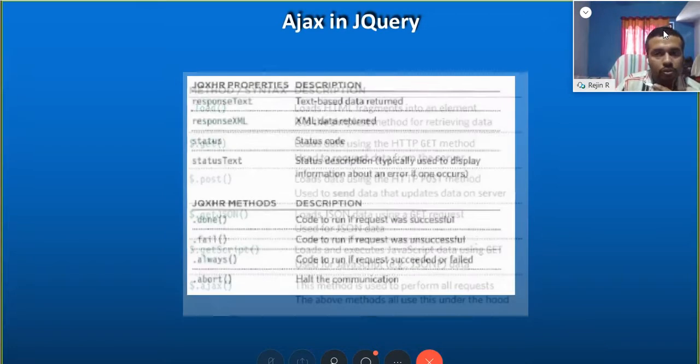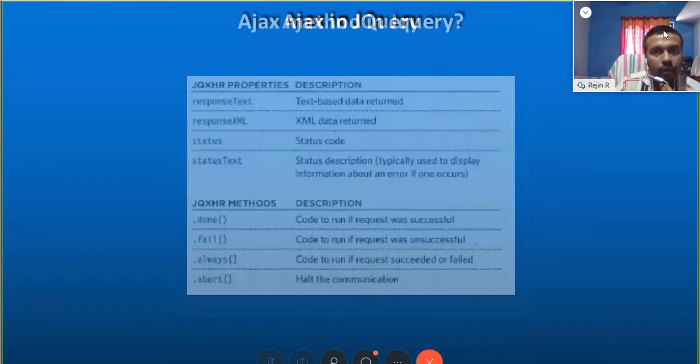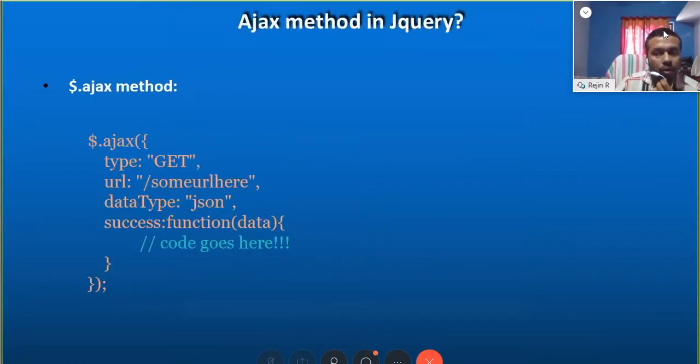I'll stop with an example of $.ajax in jQuery. So the $.ajax method is a common method used in jQuery for implementing Ajax. You have to specify $.ajax, here is a bracket, here is a bracket closed.